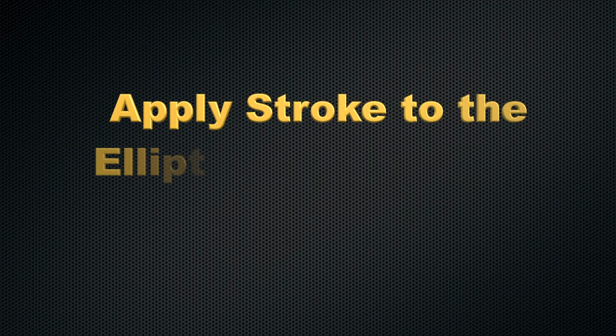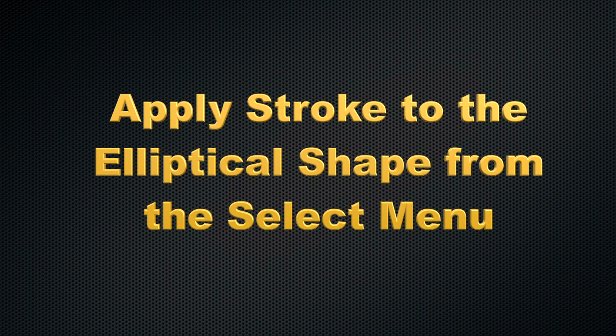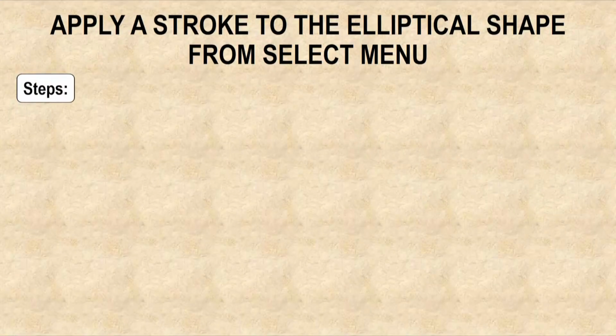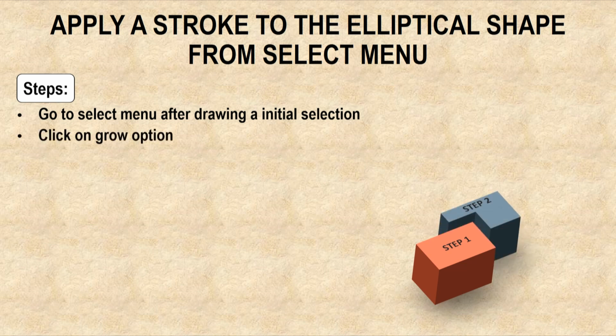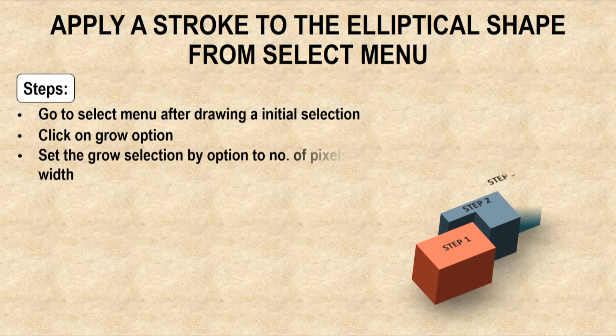We can also apply a stroke to the elliptical shape from the select menu. For this purpose, we need to follow steps like: go to the select menu after drawing an initial selection and choose the option grow. And after that, set the grow selection by option to the number of pixels required for stroke width. And then click on the OK button in the grow selection dialog box, and finally go to the edit menu